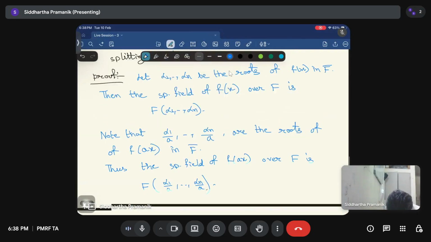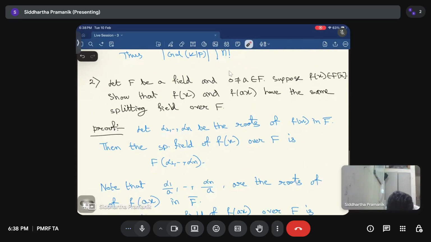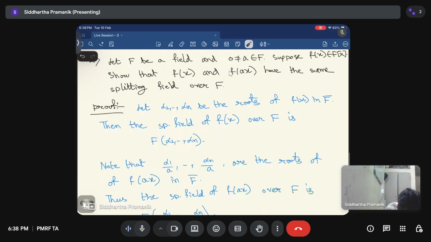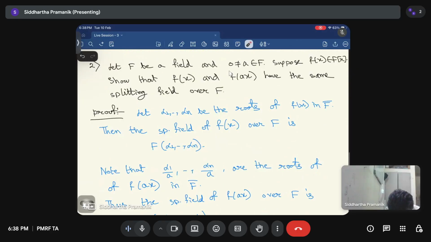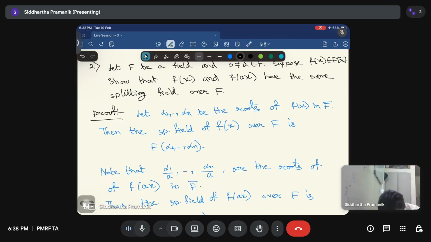So these two polynomials have the same splitting field. So this thing is interesting. Sometimes we can scale and get the roots,